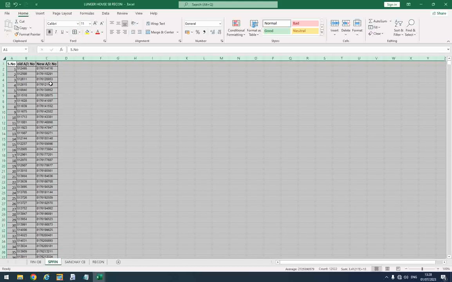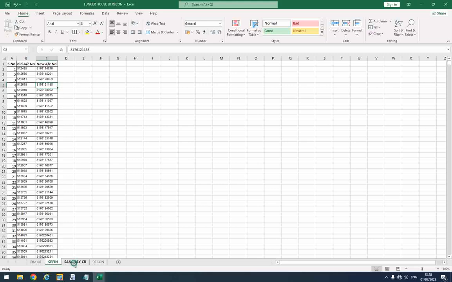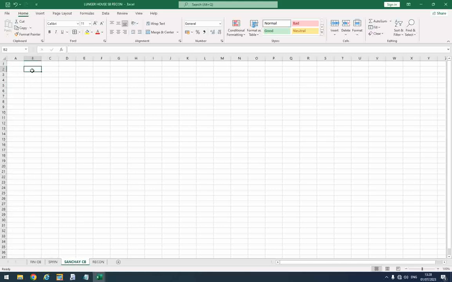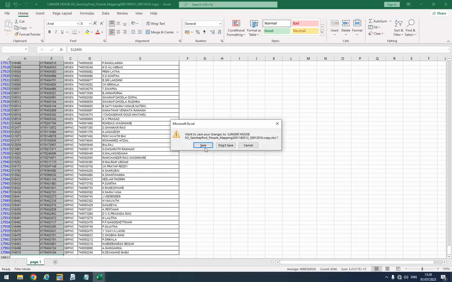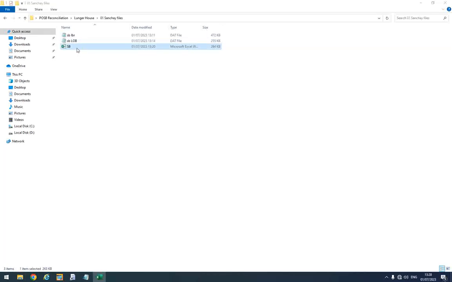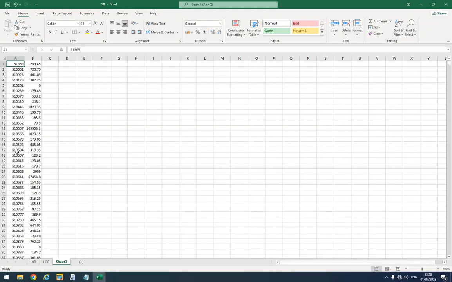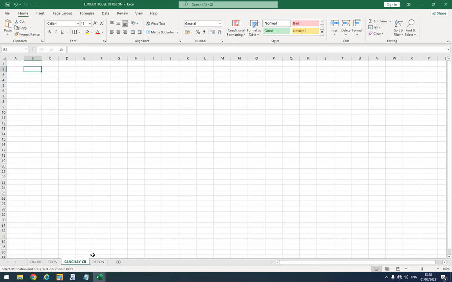Now once our data is ready, these two sheets of data are from the DMCC. Now we have to get the data of the Sanchay Post into this Excel sheet. The data which we have kept ready in the Sanchay files, we need to get it here. So open the Sanchay files folder, inside which we have the SB data from the Sanchay Post server. The data is already present in our sheet 3. We'll copy this entire data and paste it in the Sanchay CB